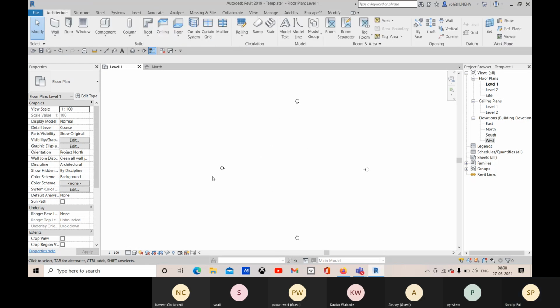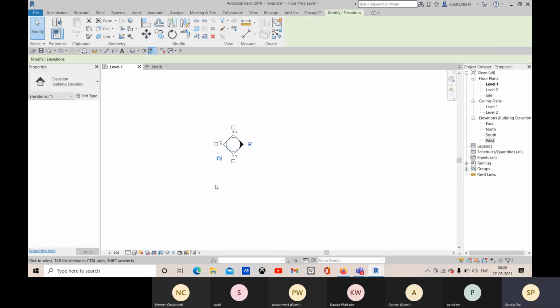So how can you rotate it? You select this circle or the elevation. Here you have this rotate option. While selecting it, you don't have to go to the rotate tool. Here you will find this rotate option, and after clicking and holding, you just drag your mouse to the particular direction. And you will see it like this.